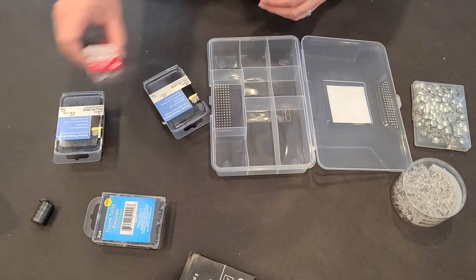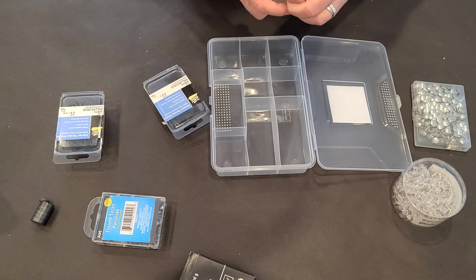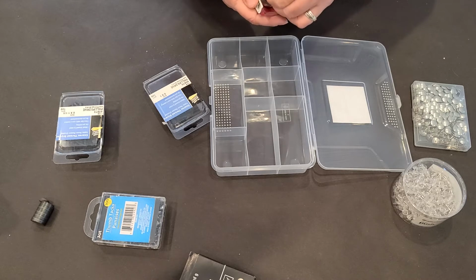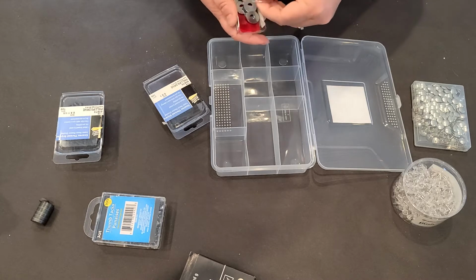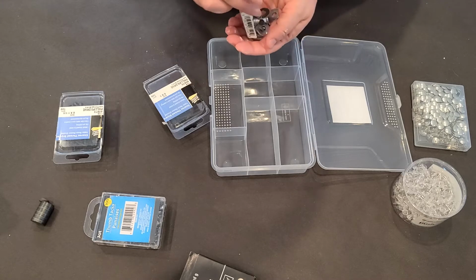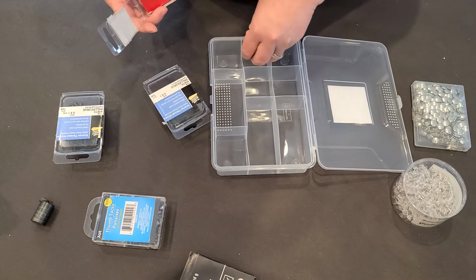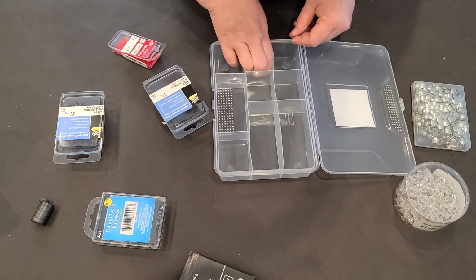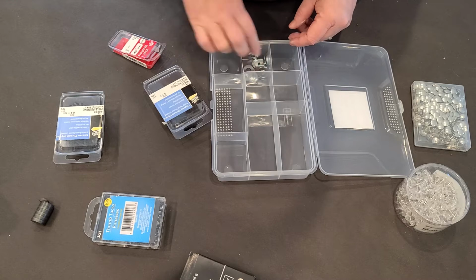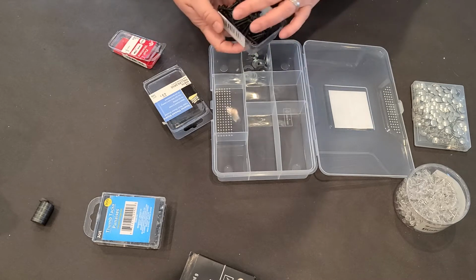Today we're going to tackle all of those small little items that kind of float around. They usually come in their own packages, and later on I'm going to do twine. You pull them out of that package and then they just kind of float around. So today we're going to focus on some of those smaller little items and how we can get them into maybe a larger package. And we're going to start with some of these little things like push pins and some